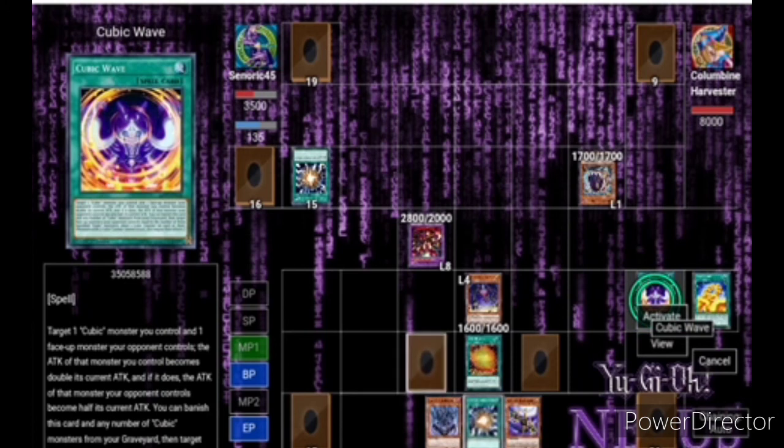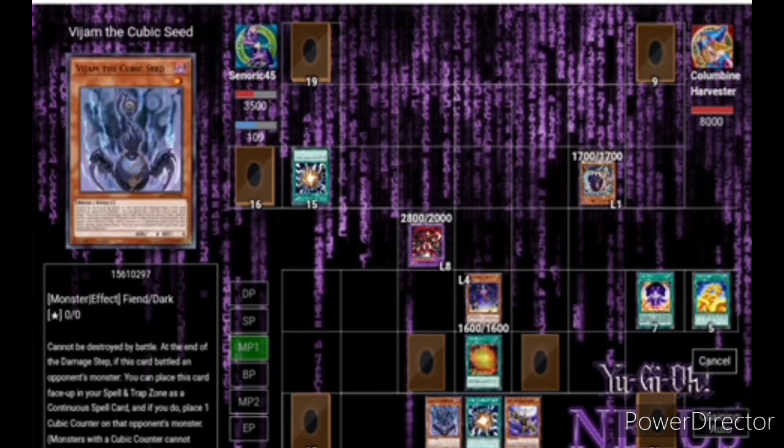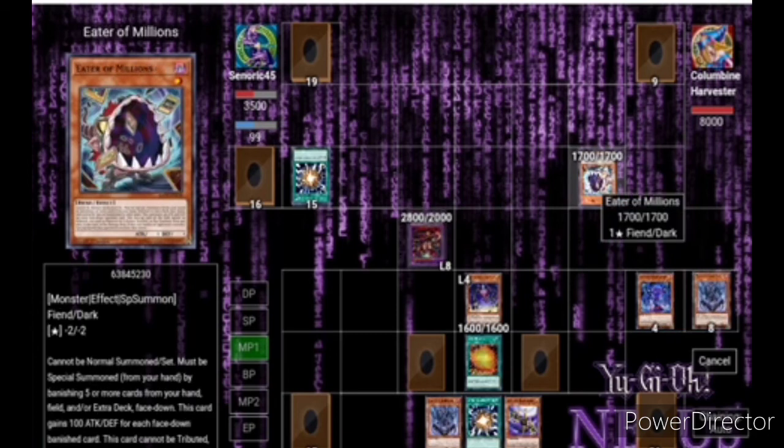So I can banish this and then banish any number of cubic monsters from my grave, and then I get to target that many monsters on the field to go ahead and put cubic counters on them. And with each cubic counter on each monster, it lets you negate their effects on the field and also prevent them from attacking. So I go ahead and do that. I activate its effect to send at least 2 V-Jumps, if I'm not mistaken, in this case. And this to the grave, so I can target Eater Million and Starving Venom,